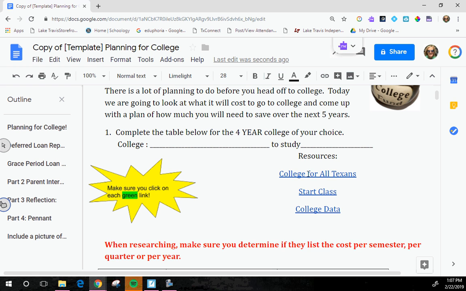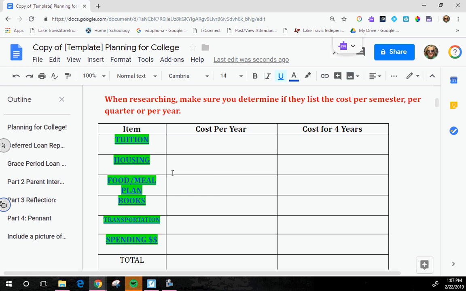All these links right here are hot links that you can click on to get information about college tuition, or you can just Google it yourself. You don't have to use this stuff. They're pretty good, but you can Google yourself. You're going to put the college that you're going to here and what you're going to study here. Again, if you're 12, 13 years old and you don't know what your major is going to be, I totally get it. What would you like to study? I will never know if you actually study what you put in your 7th grade college project or not. It is all good.